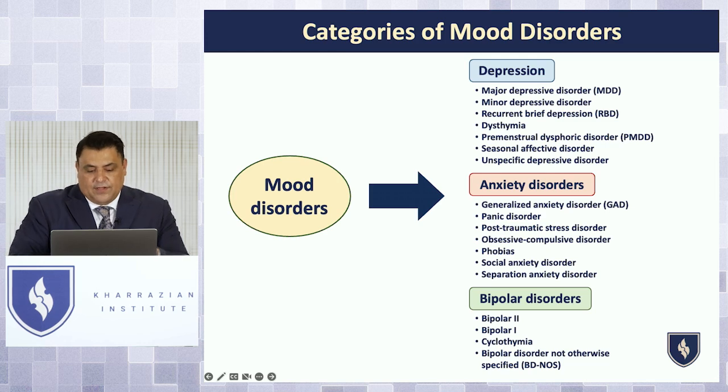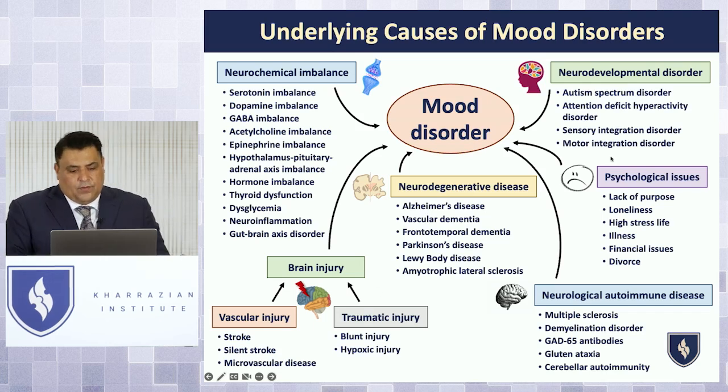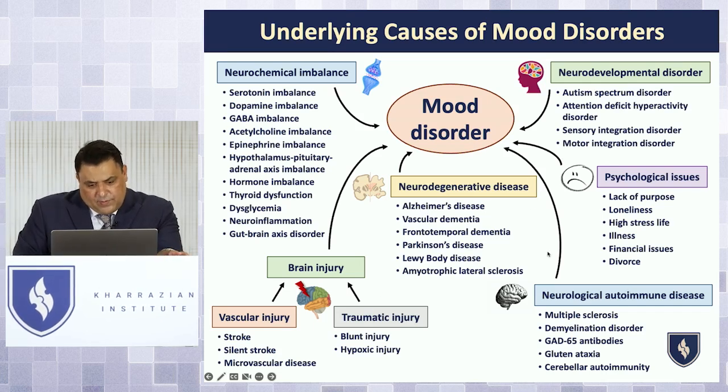And then as you look at these anxiety disorders, the big issue with these is either something causing these limbic systems, these amygdala pathways, to be activated, or something that normally inhibits it is not working. So those are the things that you really want to evaluate and go through. And then ultimately, when you look at the summary here, this is what you're after. Do they have neurochemical imbalances? Do they have a brain injury? Do they have traumatic brain injury? Do they have neurodegenerative diseases? And so forth.